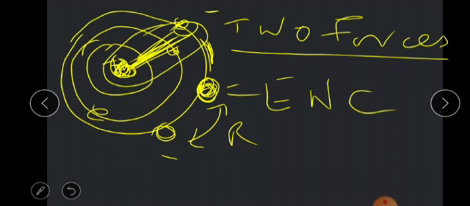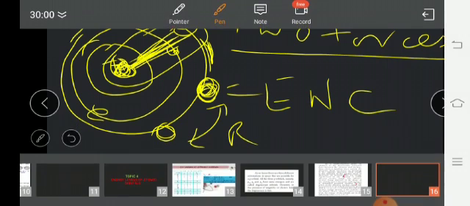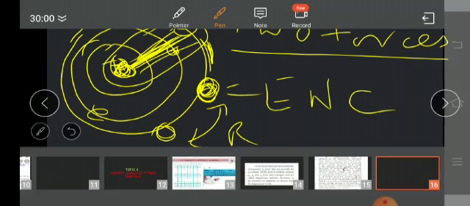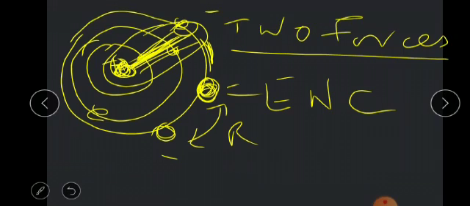Because of these two forces, the fighting taking place between the electron and the nucleus, as well as between electrons, meaning the electrostatic attraction and the repulsive forces between electrons, finally one net charge is exerted on the electron. This charge is said to be the effective nuclear charge. This effective nuclear charge decreases as the shape of the orbital changes.